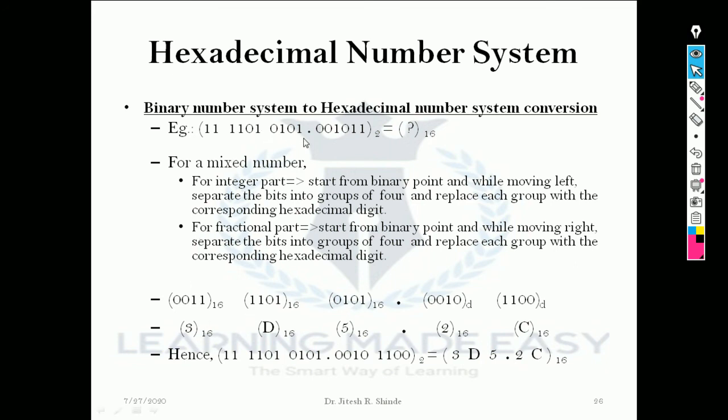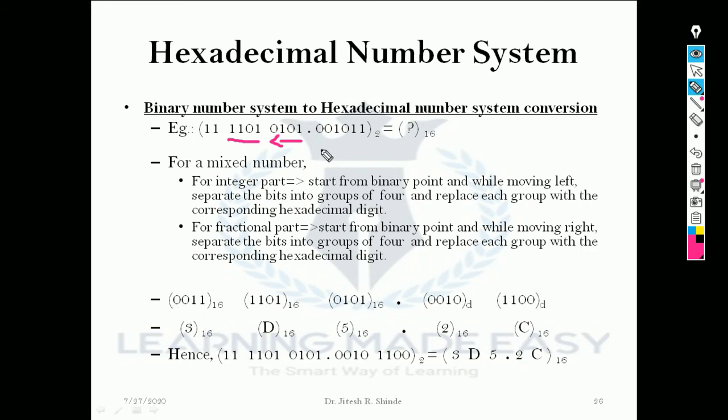So here moving this side, my first group is 0101, its hexadecimal equivalent is 5. 1101, okay, 8421 if I place above it, so 8 plus 4 is 12, 12 plus 1 is 13, 13 equivalent hexadecimal is D, and the answer is D. Similarly 11 we can write as 0011, answer is 3 hexadecimal.